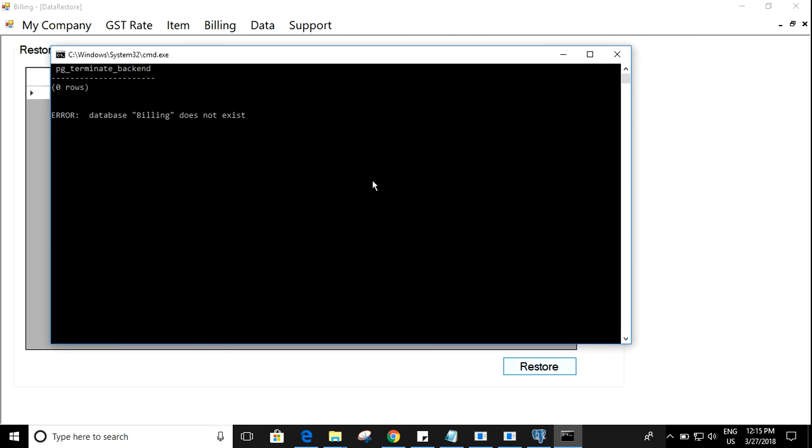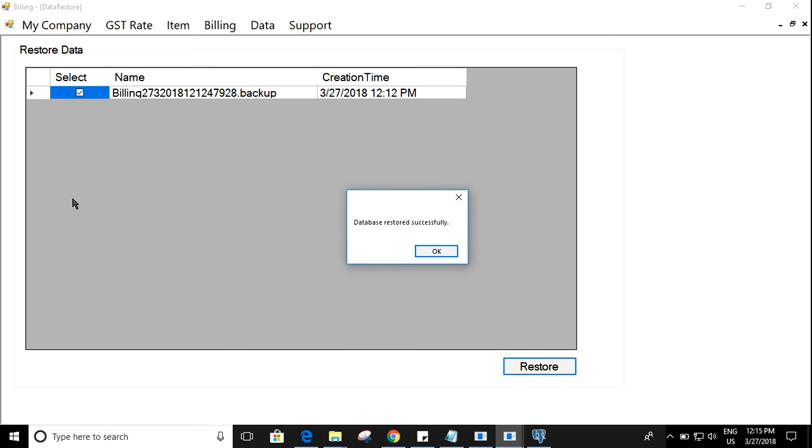Now one error you can see: database billing does not exist. As the database billing does not exist, it gave that message, but however it will create the database and restore the data that you have already saved in this file. This backup file will bring the data back to the database.